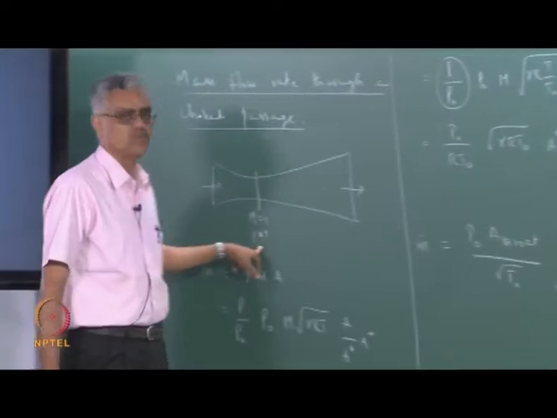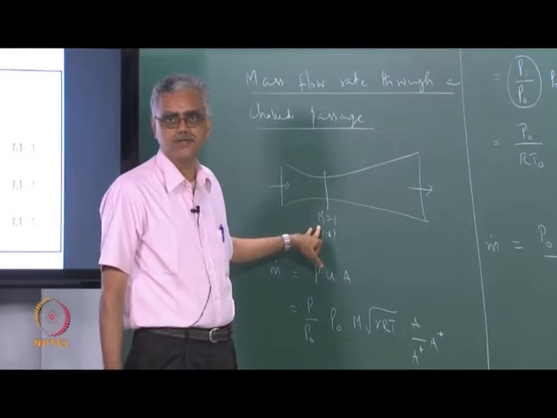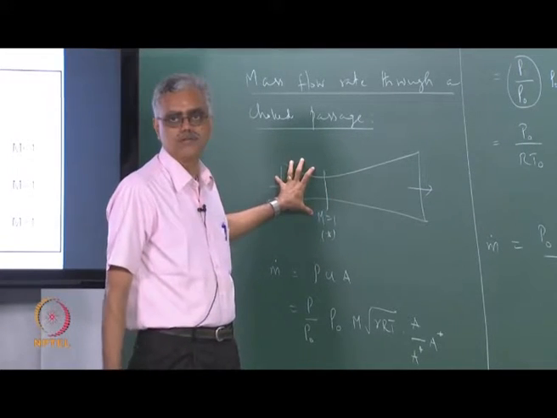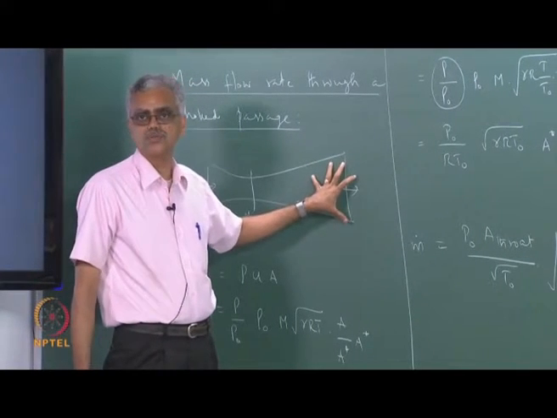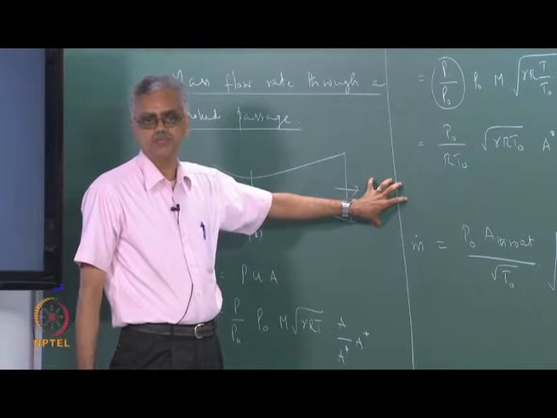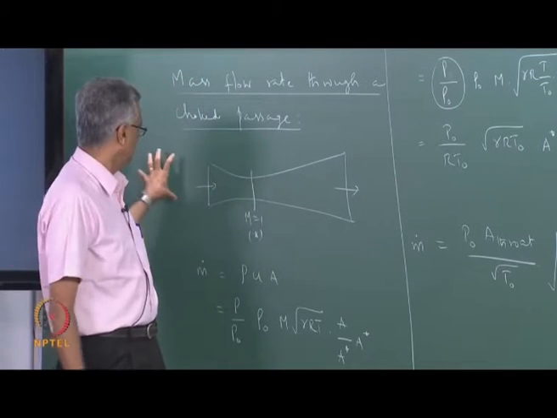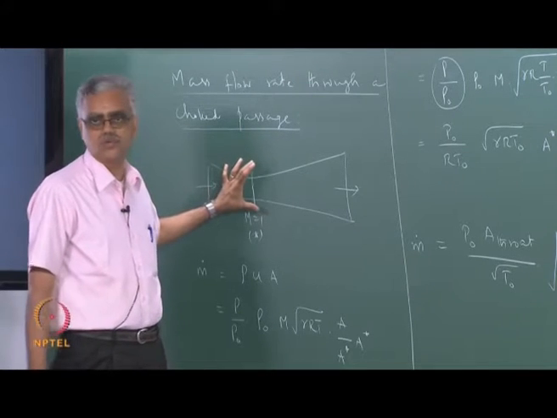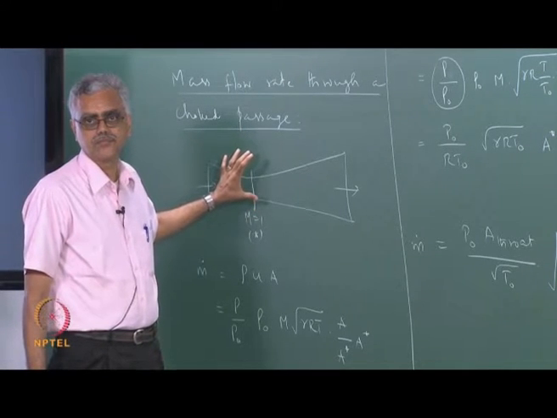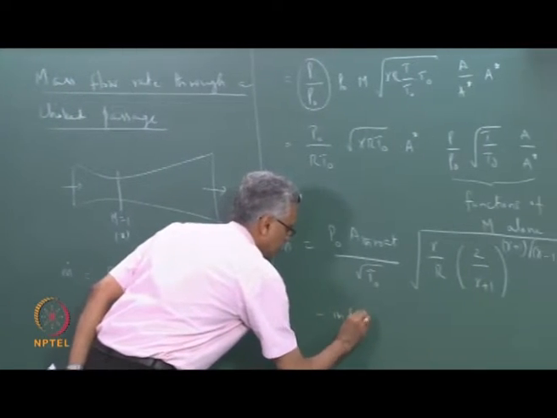Remember, we achieved the sonic state here. So, what this tells me is once I achieve the sonic state here, I cannot control the mass flow rate by changing things downstream. The flow will be completely oblivious to whatever changes are taking place here. If I want to change the mass flow rate, I need to change the stagnation pressure here or the stagnation temperature, or I can also change the throat area. Okay. So, let us write that down. So, this is independent